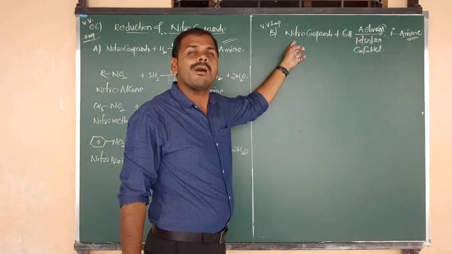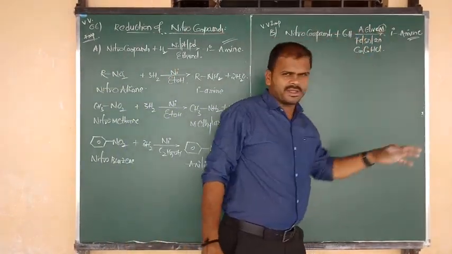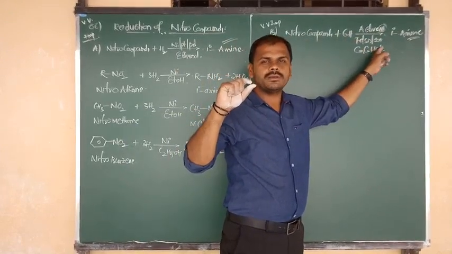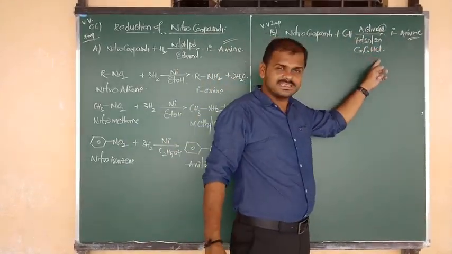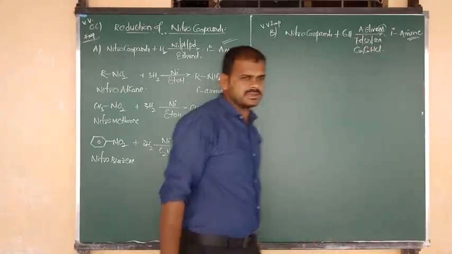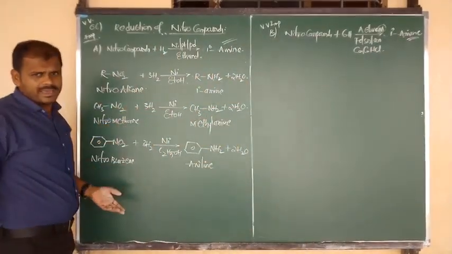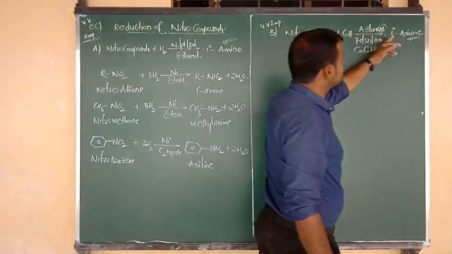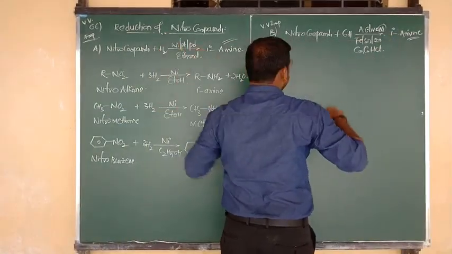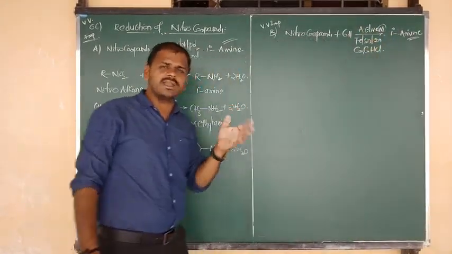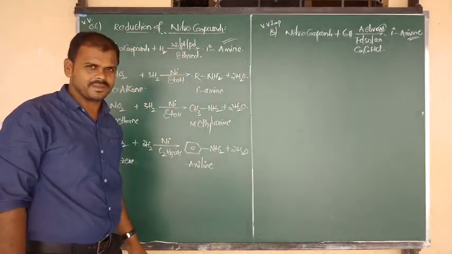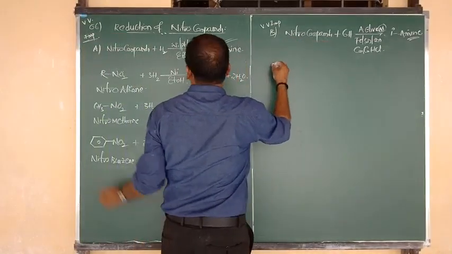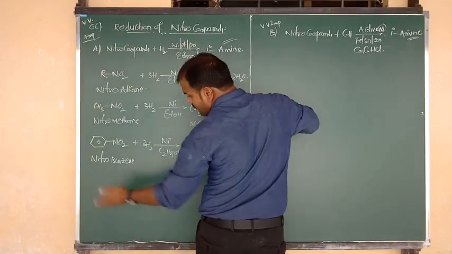Nitro compounds on reduction with active metals like iron, tin, or zinc in the presence of concentrated HCl give primary amines. So what happened here, maybe A case or maybe B case, whatever the condition, nitro compounds change into the primary amine. Here the catalytic conditions are different, meaning the reducing agents are different, but the reactants and products are the same. Be careful. Right, nitro compound, let me consider in all the same formulas we can write.